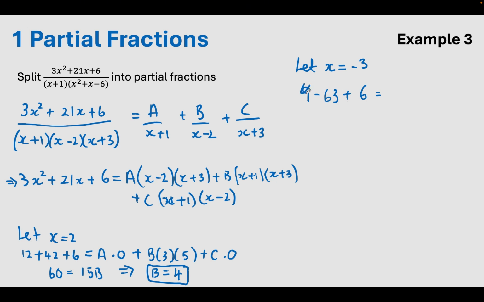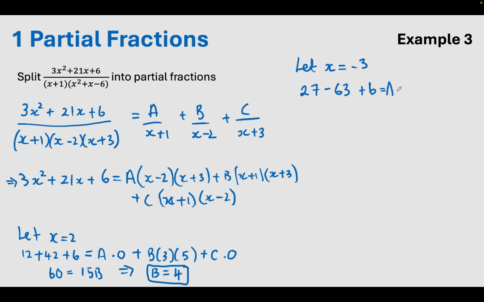Oh, that's not 9, is it? Silly mistake. Sorry. So, what I'm going to get here is 3 times 9, not 3 times 3. So I get 27 minus 21 times negative 3, which is minus 63, plus 6 equals,